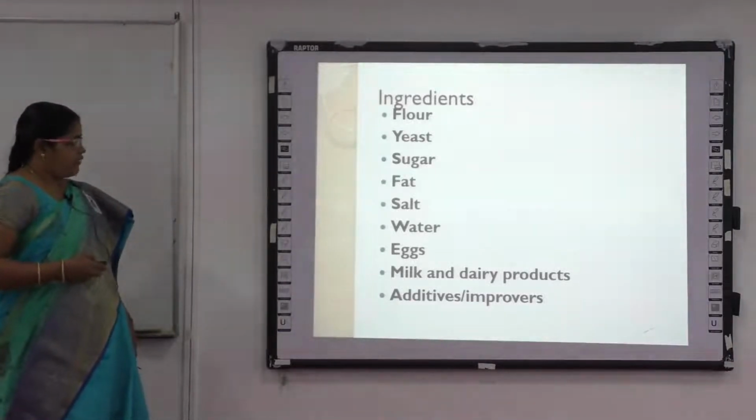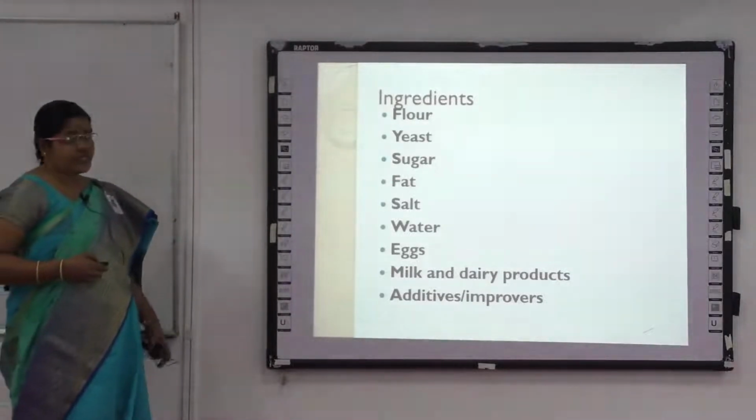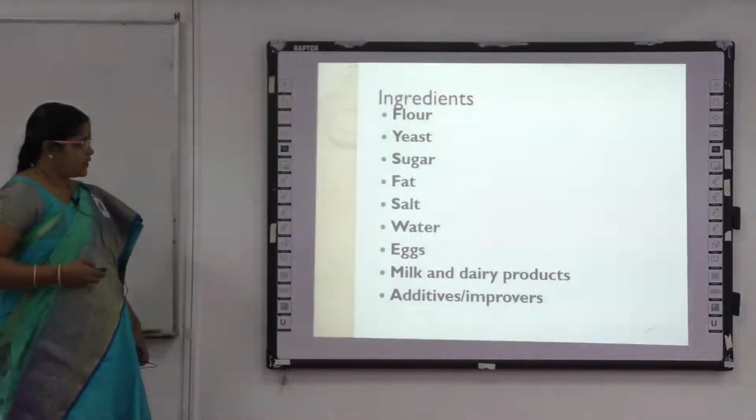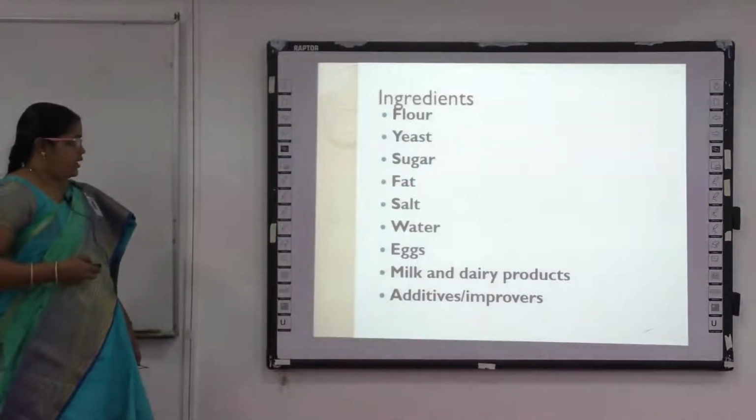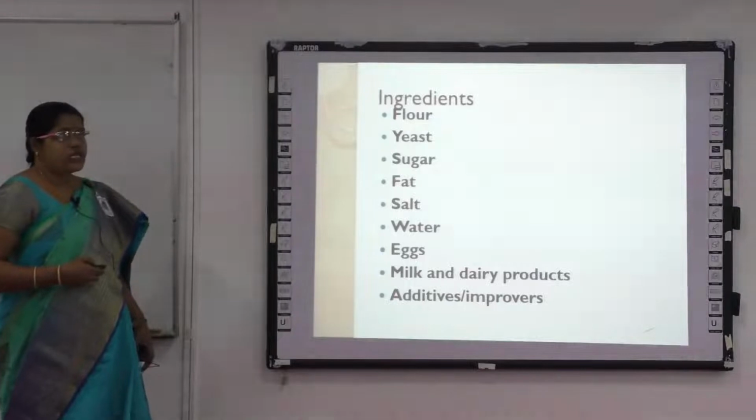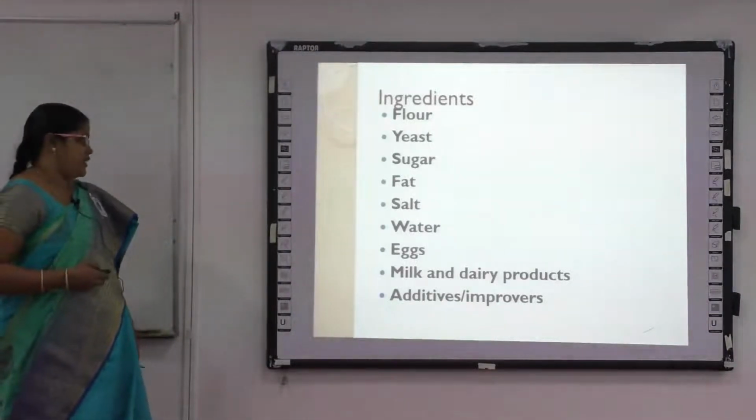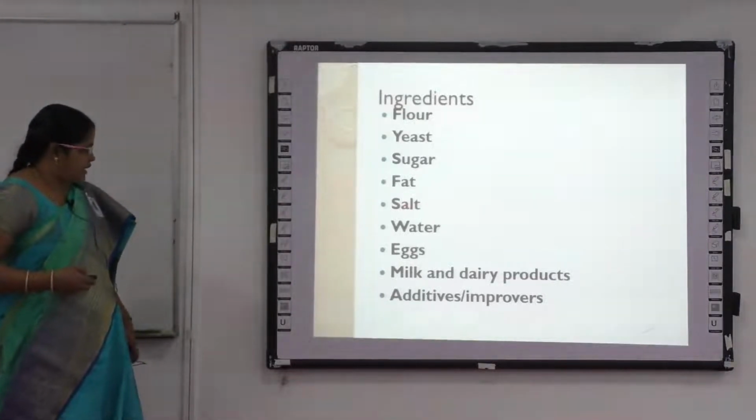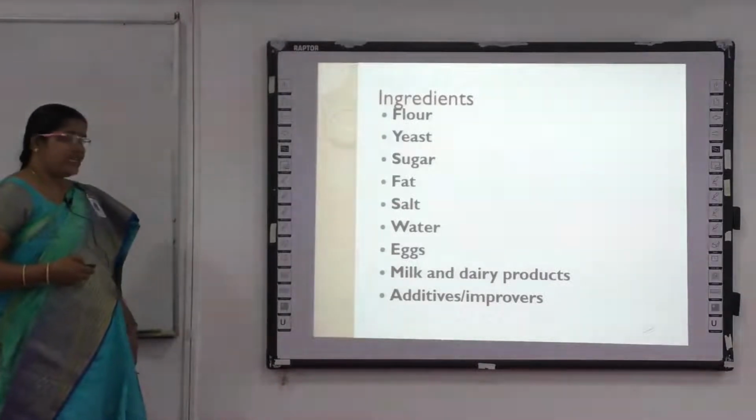Fat. Fat could be either hydrogenated fat or butter. In commercial production, hydrogenated fats are used. It is used to increase the malleability or softness of bread, as well as to give a shiny appearance. Salt. Salt will act as a flavor enhancer,